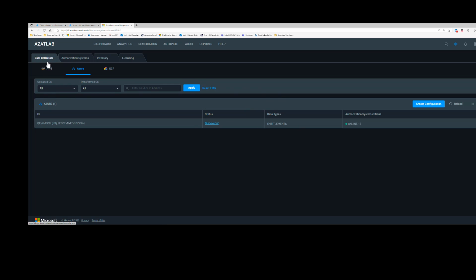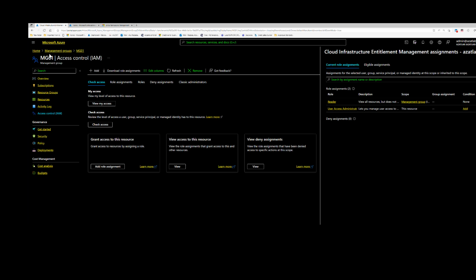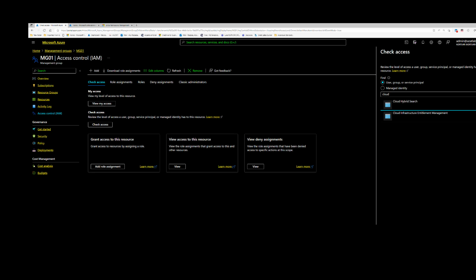So as soon as you come to Azure, you click Azure, you click create configuration here. The moment you do that, it would create an Azure Active Directory application for cloud infrastructure entitlement management. So before I go there, I'll show you this here. If I go to my Active Directory for a second,